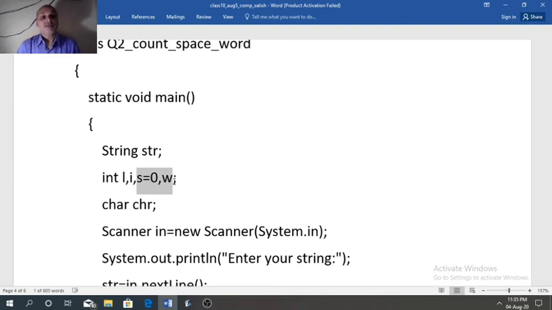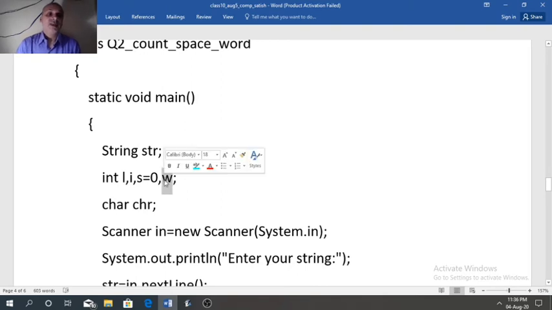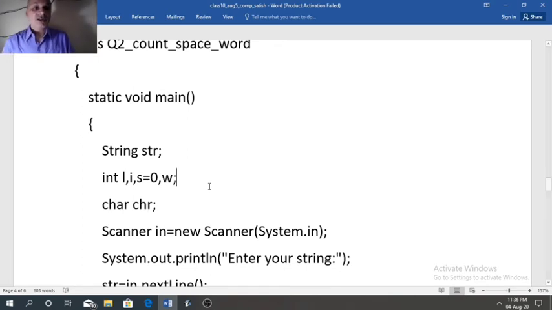In the programs of numbers, you know that when we add something in a variable, then the variable must be initialized with 0. That is why s is 0. w is based on s. When s is found, then w will be s plus 1. That logic I had told you. In all the strings, number of words are always one more than the spaces.